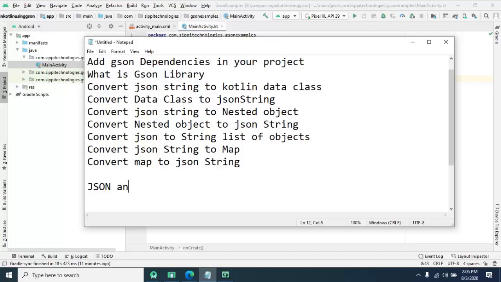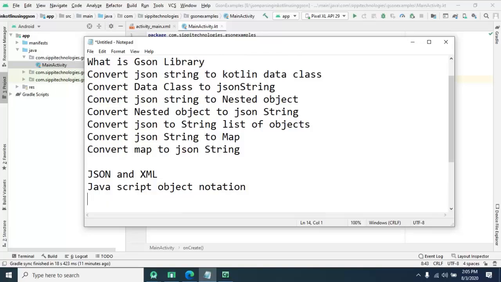JSON and XML are used to communicate with your server. It stands for JavaScript Object Notation, and it comes in a form like this,